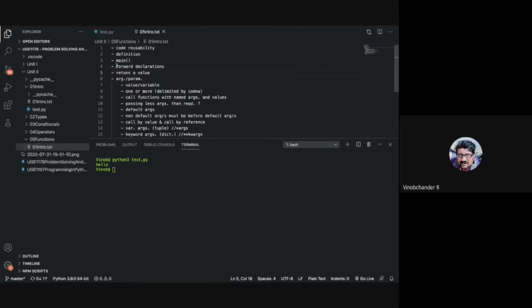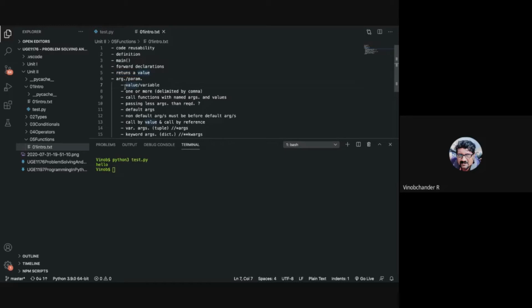Python does not support forward declarations by default. The workaround for this is to have your if name is equal to main, and then you enter into the main function, and then you can have forward declarations. And all functions in Python return a value, and if a function does not return a value, by default it is None type.